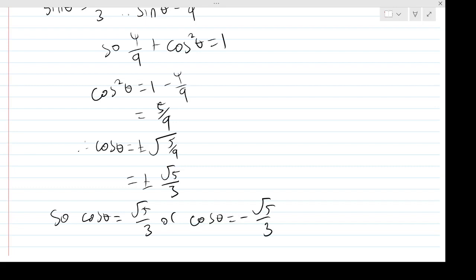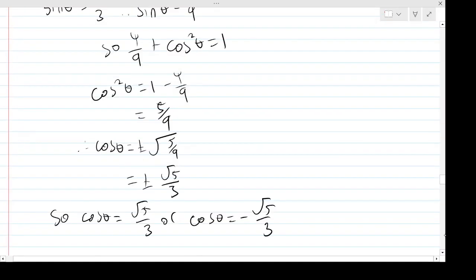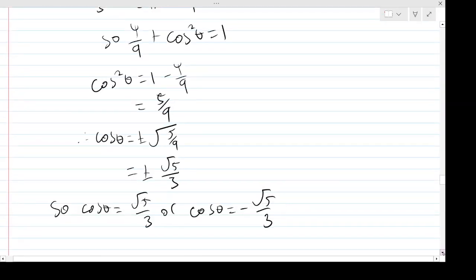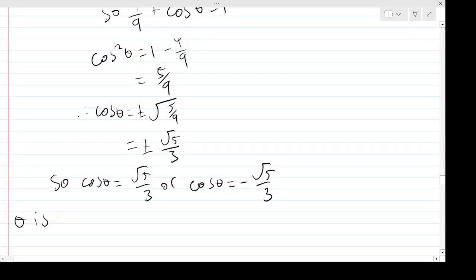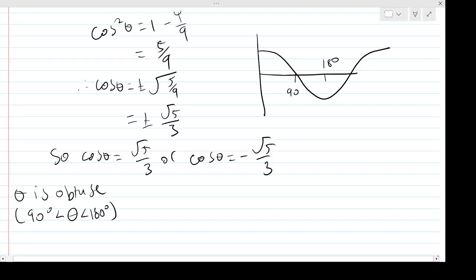Okay, which one do we take? Well, we need to consider the angle, right? So Q is obtuse, right? The angle is obtuse, which means it's going to be again between 90 and 180 degrees, right? So to help us consider what sign of cos to take, let's consider the cos graph. I'll do it up here. There we are. So between 90 there and 180, which would be there,